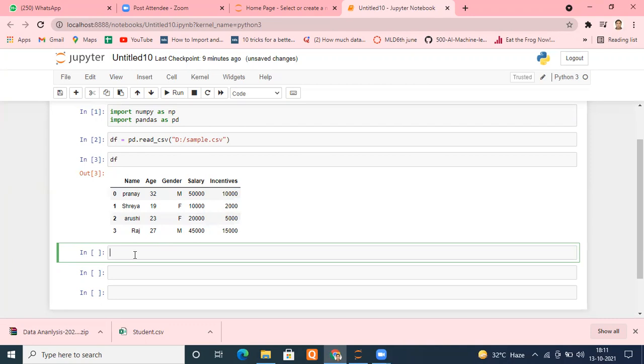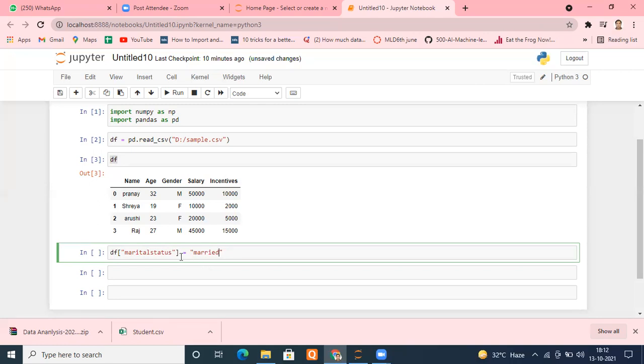Very much like a dictionary. I'll type df, whatever your data frame is, then square brackets, and within that, whatever name you want to give to that column. Suppose I want to put marital status. This is the name I want to give. Then equals to whatever values you want to give. Suppose you are in a big hurry. He is saying, please give me in 5 seconds. I don't know how you will do that. So you say, okay, how will he come to know somebody is married or not? Let me put everyone as married. You put one thing only, married.